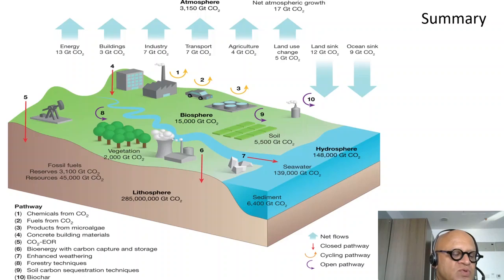What is CO2 EOR? Let me just Google it while I'm doing this. Sorry, I should have looked it up. CO2 EOR is enhanced oil recovery. I should have known that. So pumping CO2 into oil wells to push out more oil that is stuck and not easily accessible by the